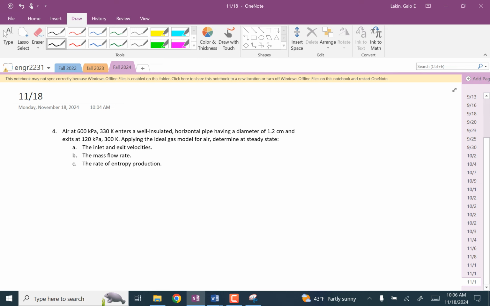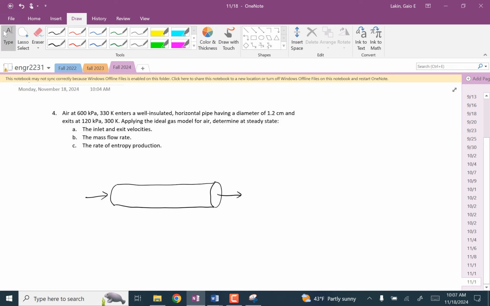And so we're going to assume that the diameters are the same on both ends. And we're going to start with,